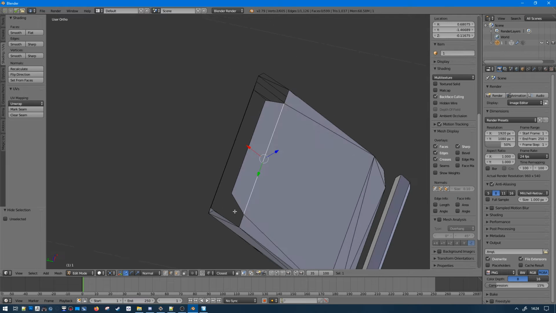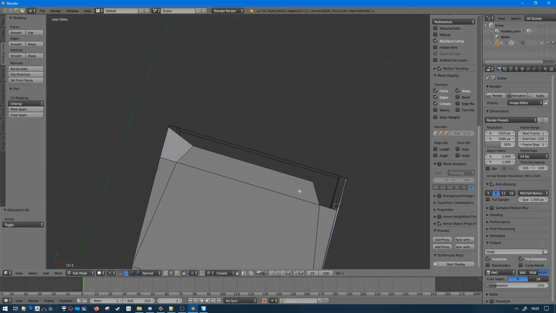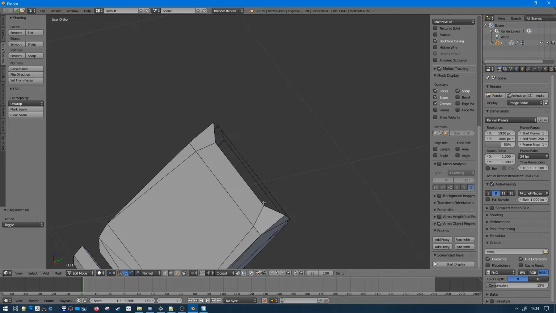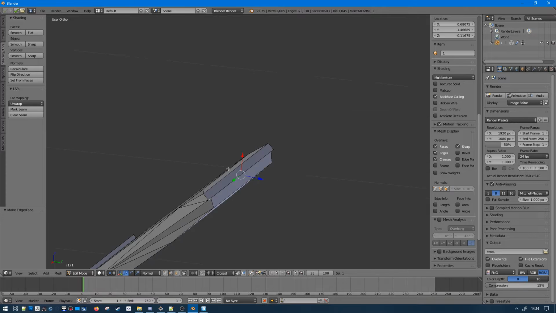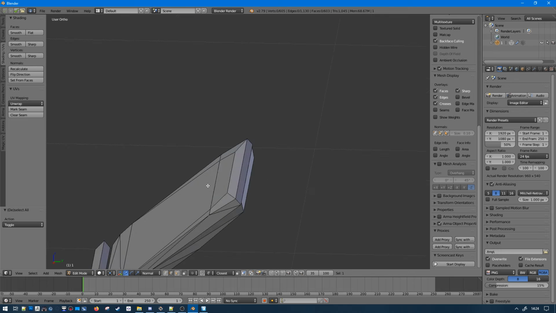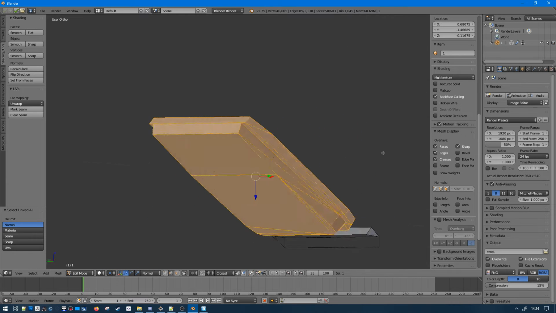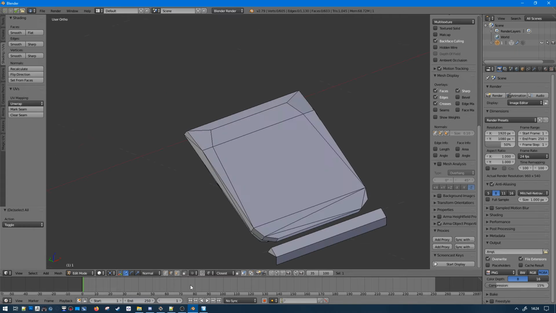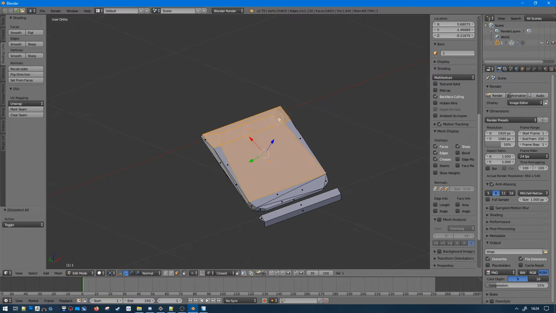Then the hatch, you just have to close the mesh, right? My hatch is quite complex, so I'm going to actually use the same process as for the hull.